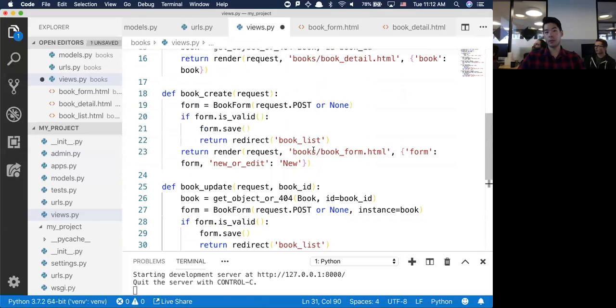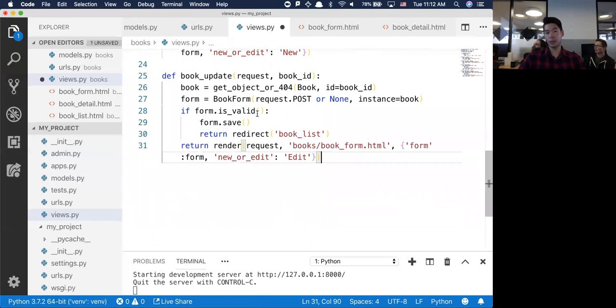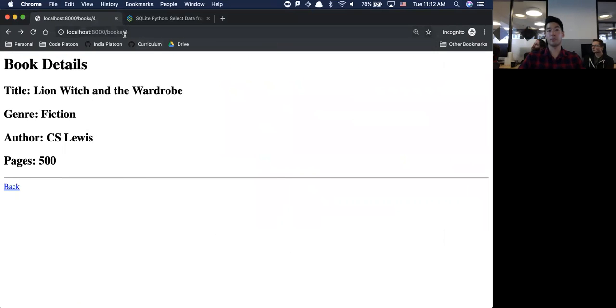So very similar to this book create right over here. I'm getting the book from the database, creating a form from it. Since I'm updating something, it needs to be passed in this instance called book, which is found here on line 26. If you filled out the form, then save it and redirect them. Otherwise, take them to the book form page and say that you're editing this particular book with the contents already inside of there. So if I wanted to edit The Lion, the Witch, and the Wardrobe to the actual number of pages, I go to